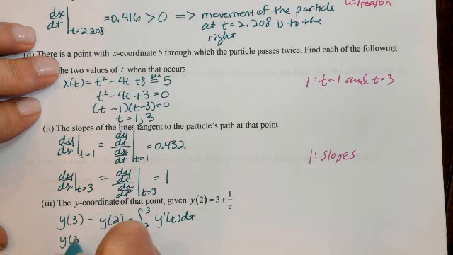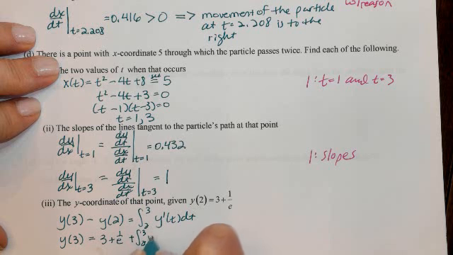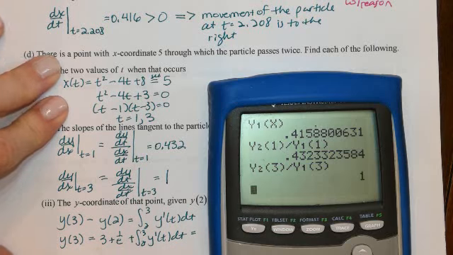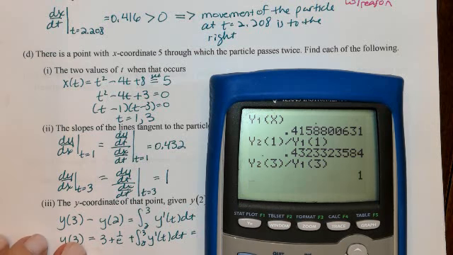So the y-coordinate at time 3 is equal to y of 2, which they give us, plus that integral, which is 3 plus 1 over e